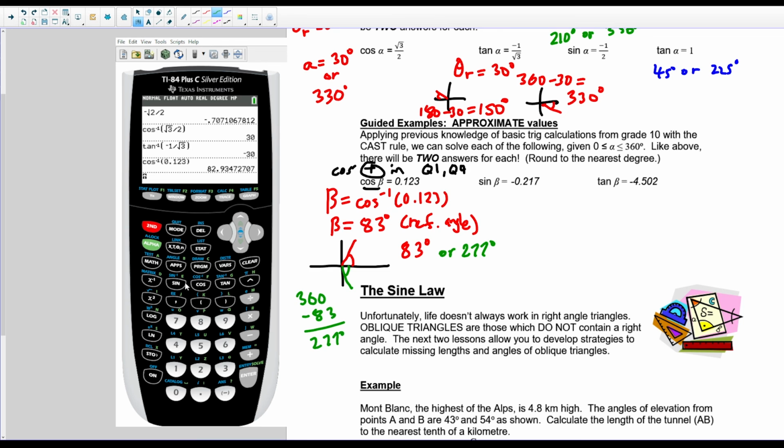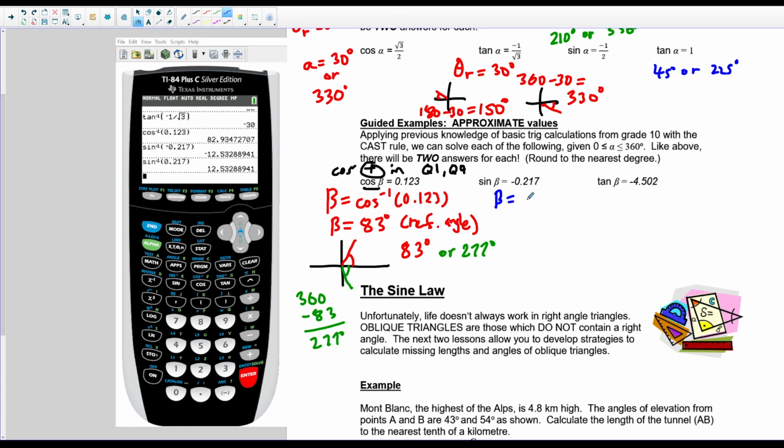So what a lot of people are going to end up doing is they'll put in inverse sine of negative 0.217, and they'll be a little bit confused about that negative. Now, we can simply ignore that negative, or we can just pretend that we are working with a positive here. Now, what that negative represents is the specific quadrants that we're going to be in. So again, we can also just pretend that we're working with the positive angle here, which once again is our reference angle. So starting us off, we have beta